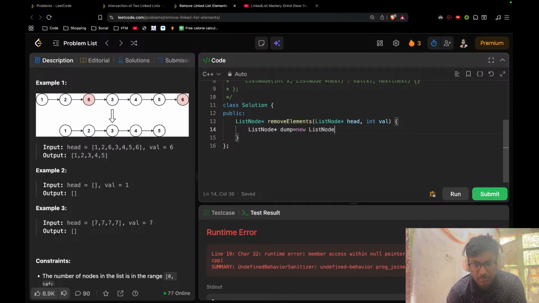We will use the normal approach only. We'll try to debug it somehow. Right? I will say while